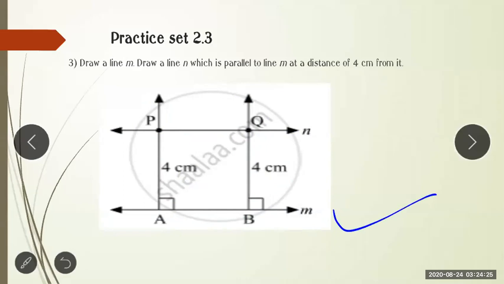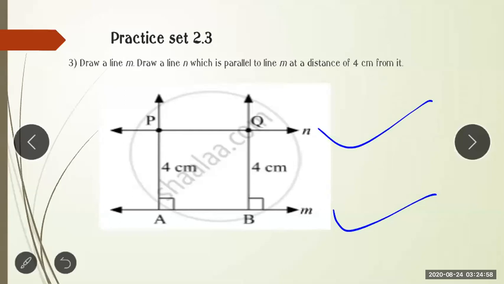After making the line, you have to mark the symbol of 90 degrees. As you make the line of 90 degrees, there you have to take 4 centimeters with the compass, mark it on P and on Q, and then make a straight line. That becomes line N. Then whatever is the remaining part, everything should be pointed and given a name. So you have to give the names A, B, P, Q. It is your choice, but how many degrees and how many centimeters you have made should also be written, that is 4 centimeters and 4 centimeters.